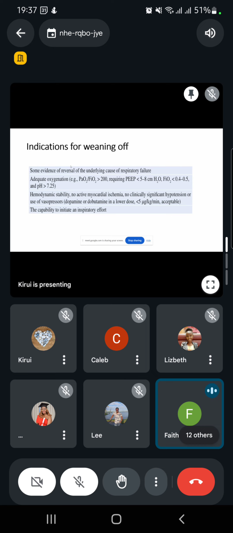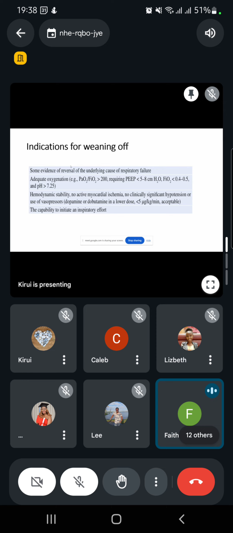if the patient has tachycardia, if on your examination you notice there is marked use of accessory muscles of respiration, or there is diaphoresis, the patient is sweating a lot, there's marked subjective dyspnea. If on your examination you notice your patient is dyspneic, or there's abdominal paradox, that is when you define that spontaneous breathing trial in this patient has not been achieved, and you might consider going back to